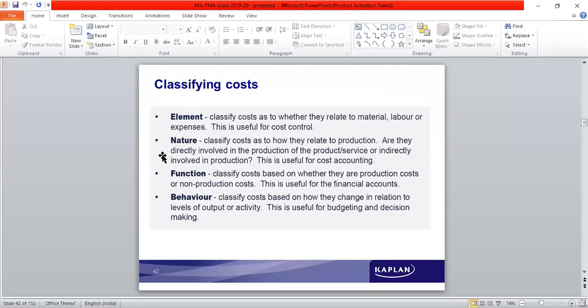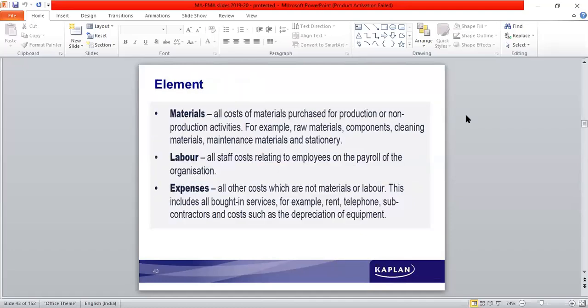Then again, one classification of cost is based on the nature, that is whether it is a direct cost or indirect cost, that is whether there is identifiability or no identifiability. If there is identifiability, they are called direct cost. If there is no identifiability, they are called indirect cost, or overhead cost. Then based on the functions, there are three functions of business: production, administration, selling, and distribution. Then based on behavior, costs are classified as